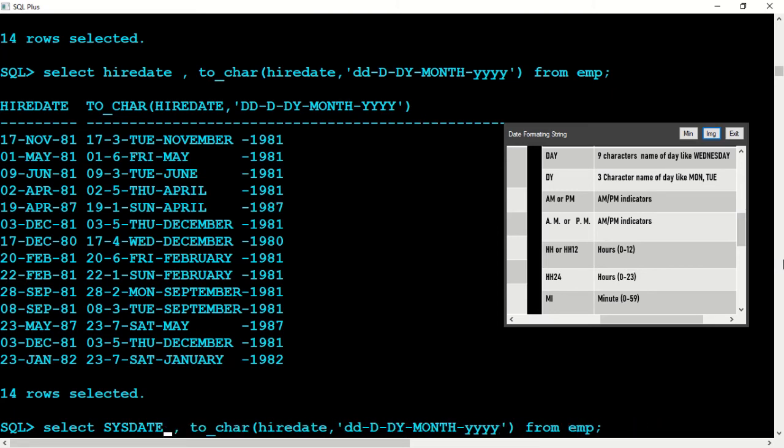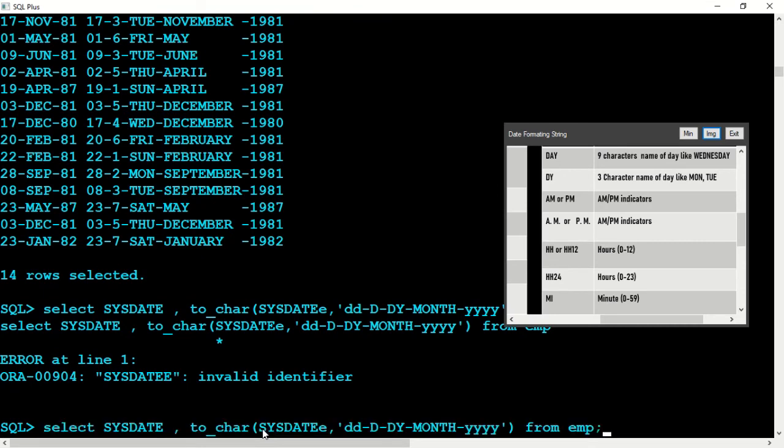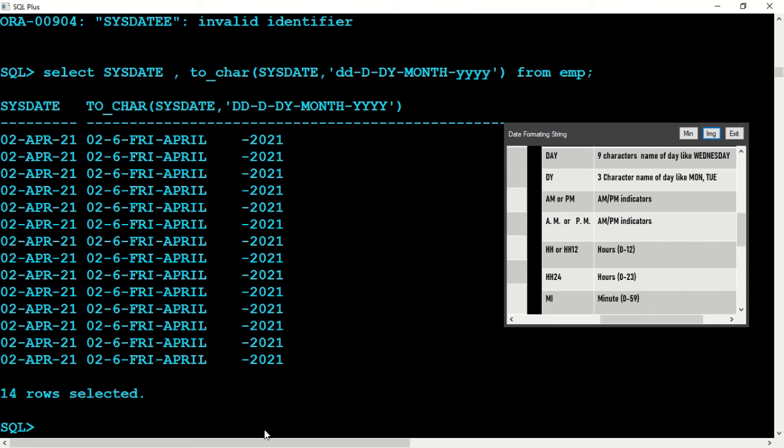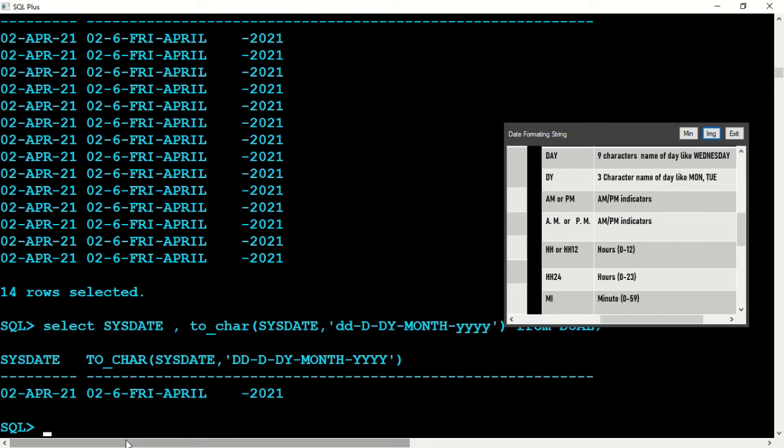I'll use SYSDATE from DUAL. Now you can see SYSDATE is the system date, and this is again the system date formatted in this format.